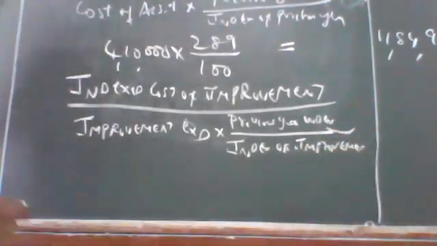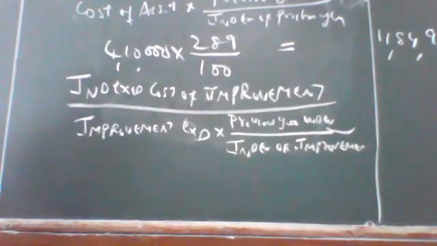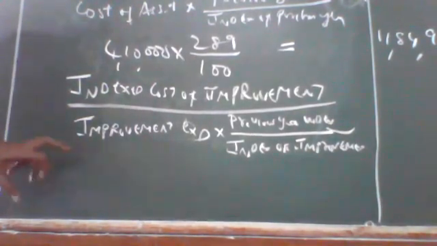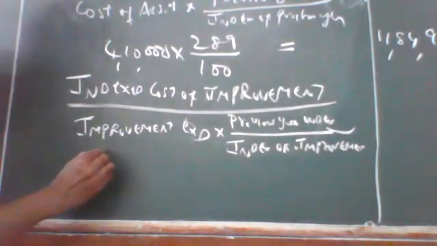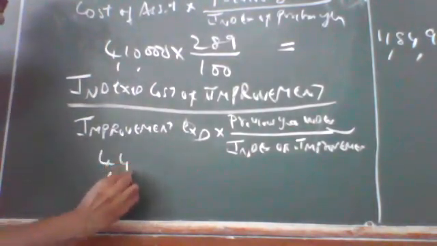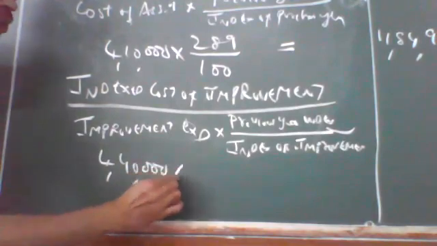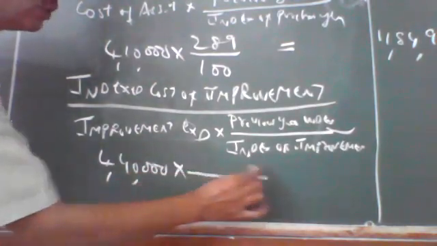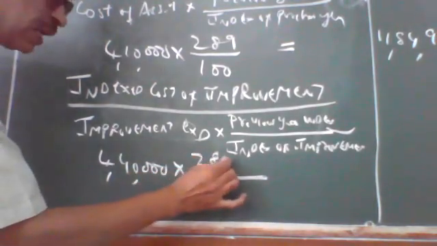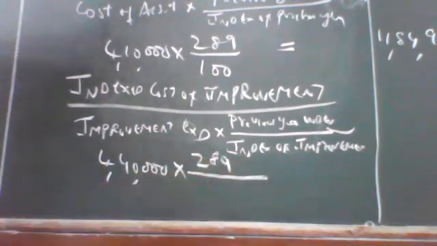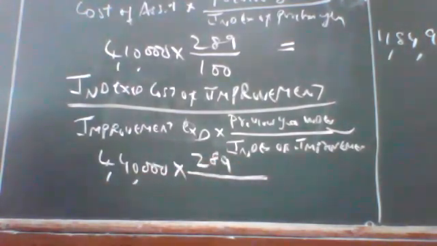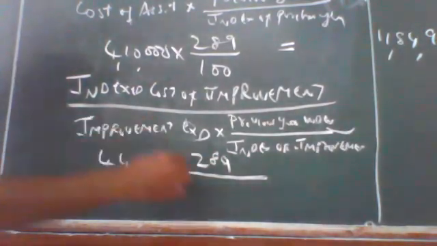Okay. Now in this case, he has spent how much? He has spent 4,40,000. That is called improvement expenses. 4,40,000 is spent into, you know what is your previous year index? 289. But when that improvement has taken place, which year? 13-14. Take the index value of 13-14, already given in the problem, divided by 220.